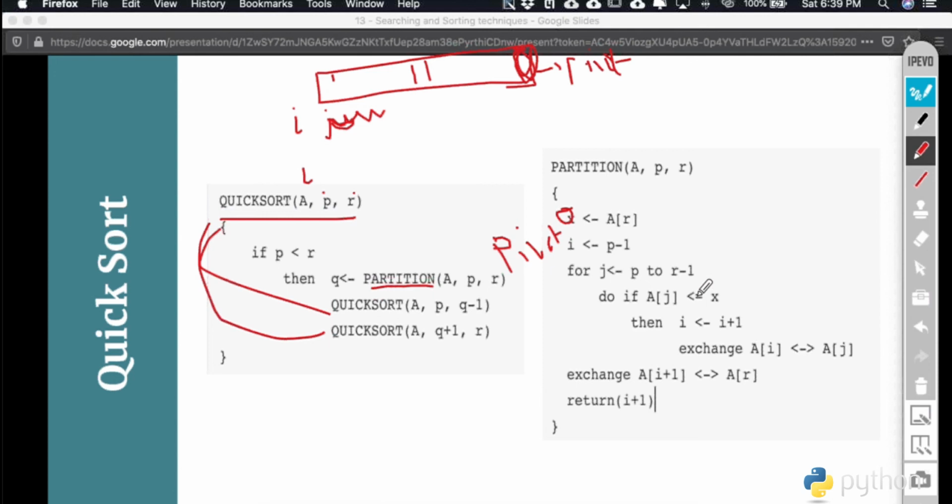What we are doing here, we are comparing this aj with x. तो हमने क्या किया, i को एडवांस कर दिया, i को आगे ले आए हम. ओके और फिर हमने ai और aj को एक्सचेंज कर दिया. तो यहाँ i लोकेशन पे जो पैरामीटर था और j लोकेशन पे था, इनको हमने आपस में एक्सचेंज कर दिया. फिर हम वापस गए, j की वैल्यू एडवांस हो गई. जब तक ये कंडीशन मैच करती रहेगी हम i j को एक्सचेंज करते रहेंगे, और अगर कंडीशन मैच नहीं करेगी तो हम केवल j को एडवांस करेंगे, क्योंकि ये लूप जो है वो j के लिए चल रहा है. केवल j एडवांस होता चला जाएगा.